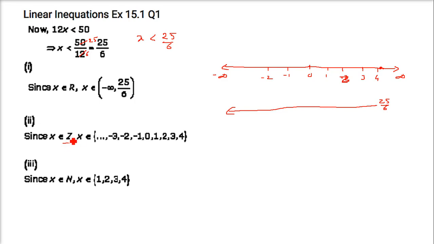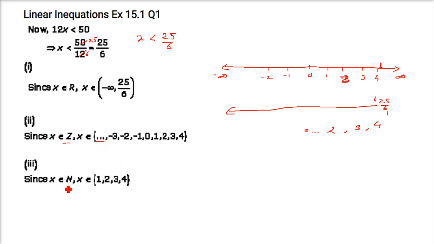Coming to Z. Now Z are integers. We are going to take only the integers. So we start from here. As I said, this is 4 point something. We just have to take the integral numbers. So it starts from 4 and we go on the left hand side. From 4, then comes 3, then comes 2, like this. Go up to 0, mark minus 1, minus 2, minus 3, and then these 3 dots. These are the ellipses, just to show that we go up to infinity.